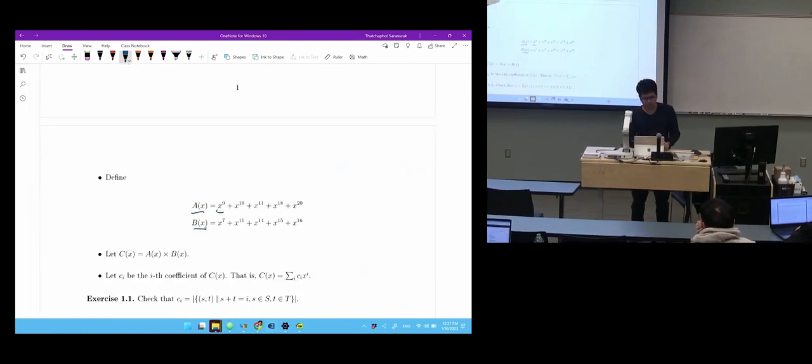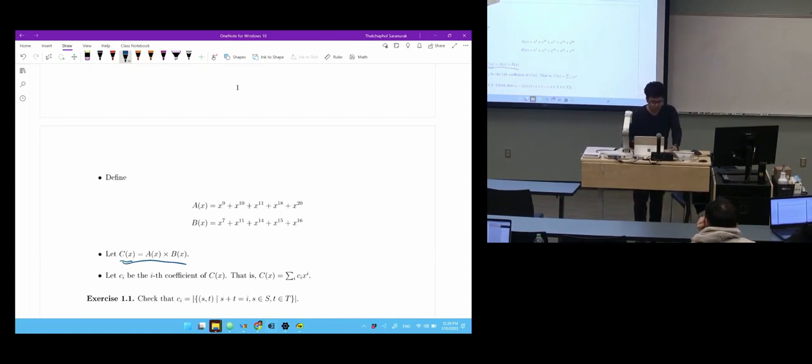For set T, you create a polynomial B. Do the same thing. And you just multiply these two polynomials. Let C be the multiplication of A and B as a polynomial. Okay. Now,